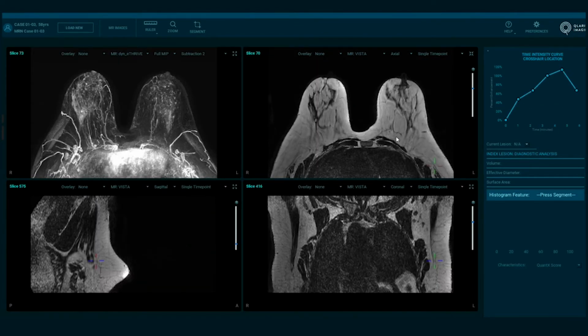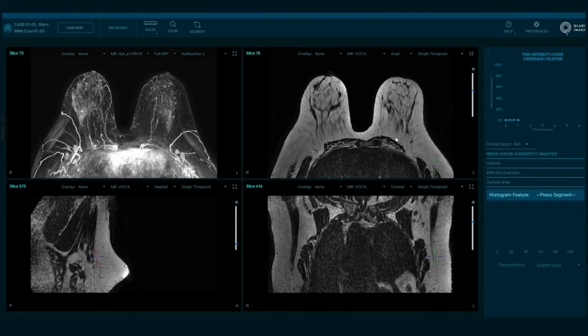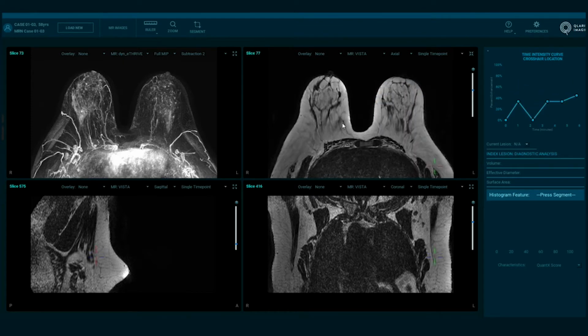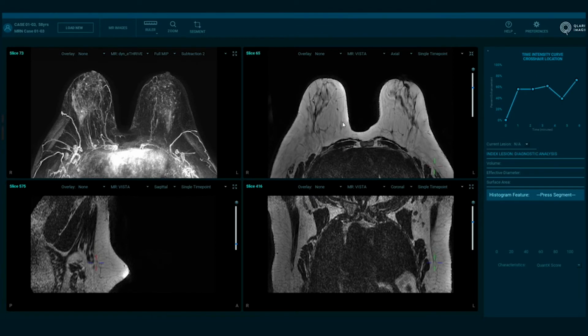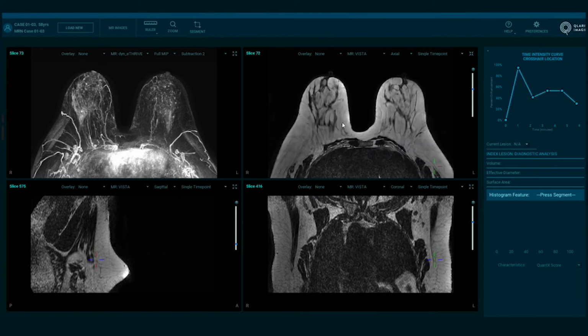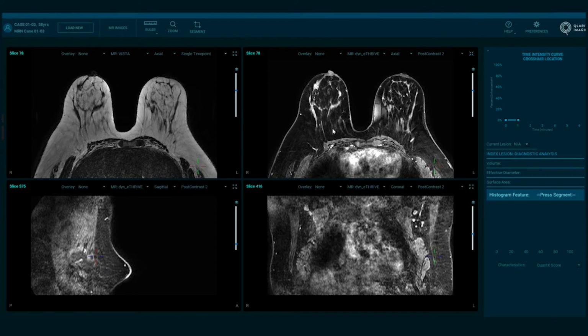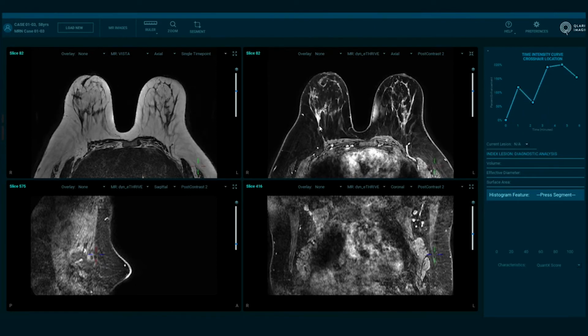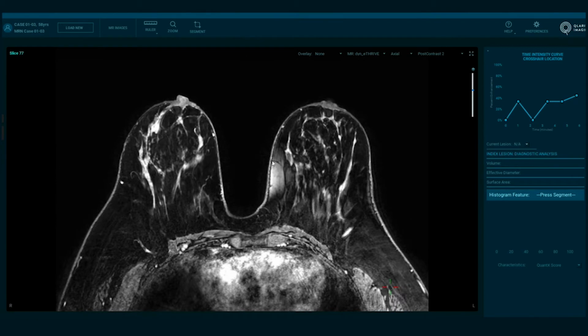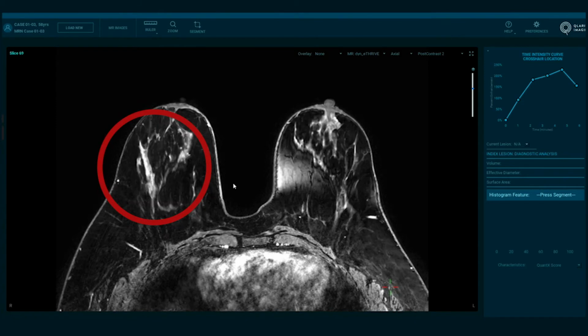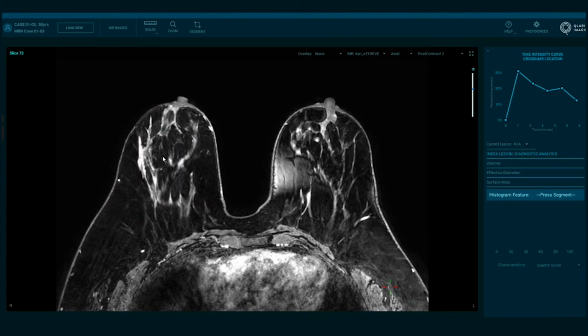We can scroll through the T2 weighted examination, and we can see a few little cysts, such as we can see here on the left, in the non-fat sat examination, but otherwise the T2 weighted images look fine. So we'll go to the post-contrast series next, and we'll see the source images. We can scroll through axially. As we do this, we can see that in the lateral side of the right breast we have quite a bit of non-mass enhancement. It looks segmental,